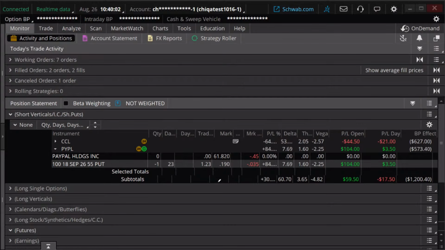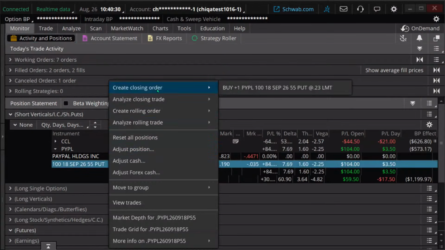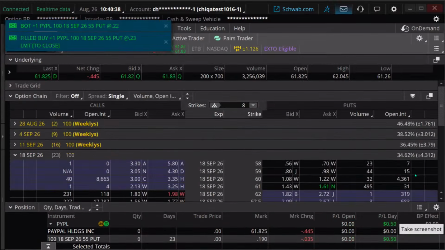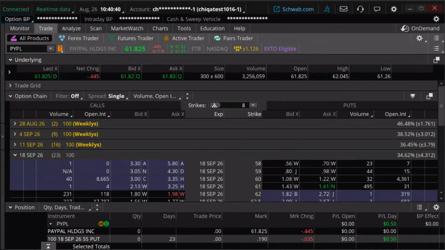So have we made 80%? Yeah, we have made 80%. Because 90% would mean there's about 10% left in it, multiplying by 0.1, and that'd be about 12 cents. But if I made 80%, it'd be about twice that, about 24 cents. So it's less than 24. We're going to manage that trade. We're going to exit it. We're going to try and get out. There we go. I'm going to confirm and send that order and take our profits on that. Okay, let's move forward.